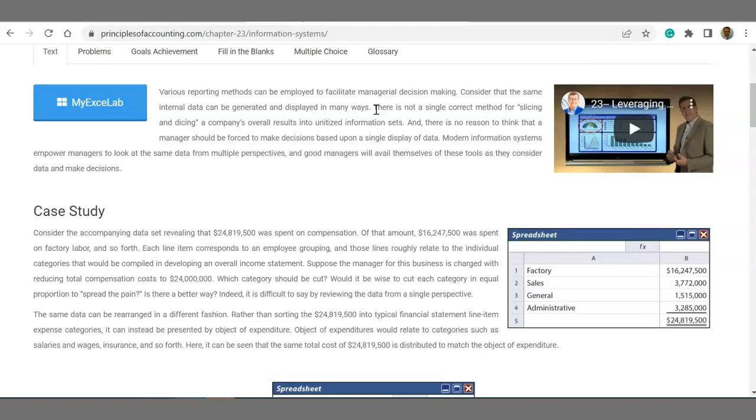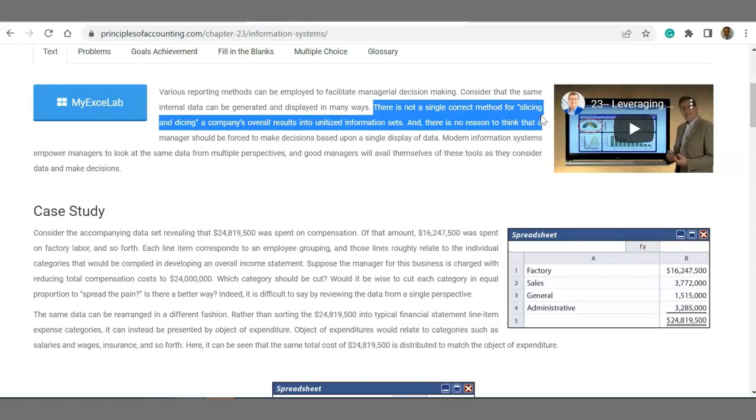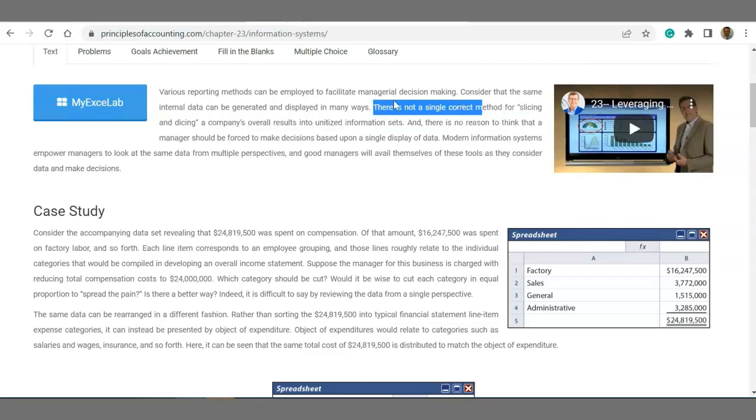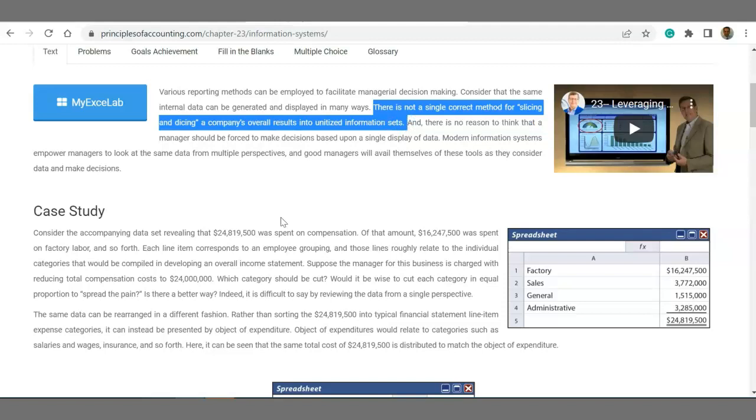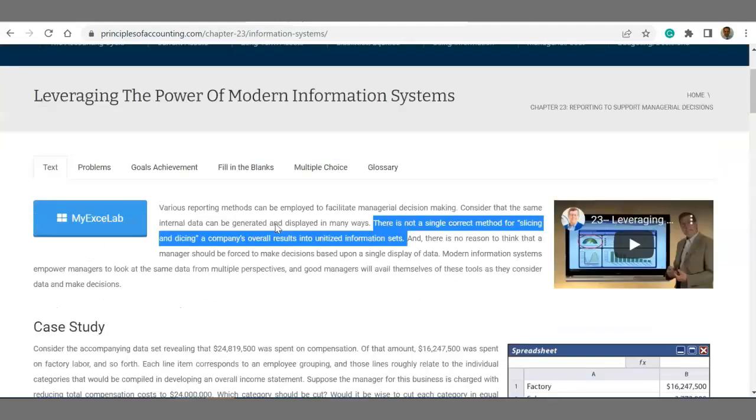This is something that it's good to read. There is not a single correct method for slicing and dicing a company's overall results into utilized information sets. So there is always different ways to do it, right? And it depends on